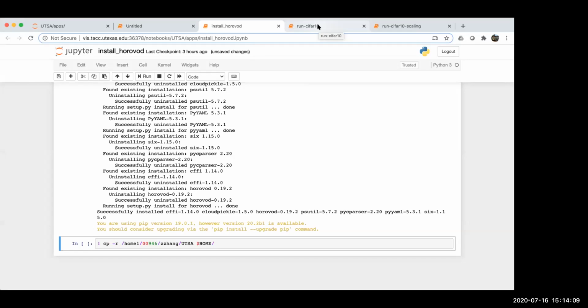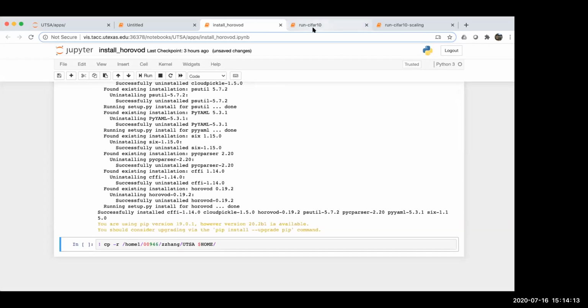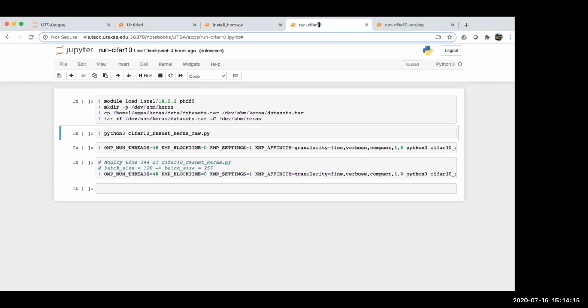So now Harvard is installed. In my case, next open this run cipher10 first sanity check. The first command is to load modules and copy data to dev SHM. So dev SHM is a RAM disk. It's like a file system thing, but it's in RAM. Since this data set is small, it helps us avoid traffic to a shared file system. So run this,